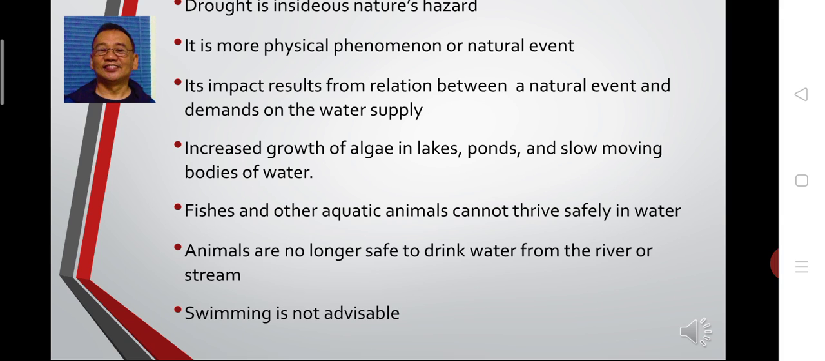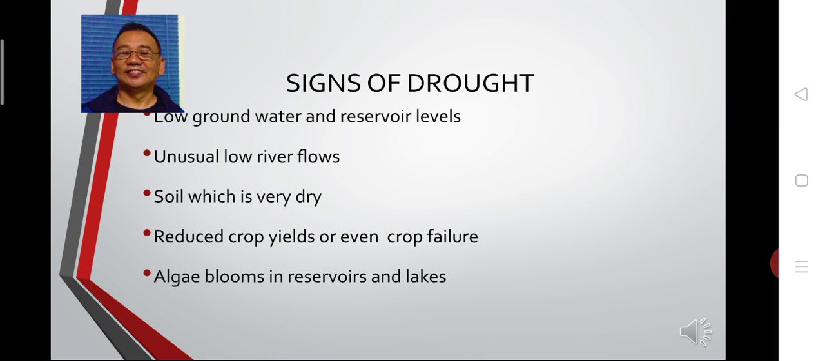So this would be the result of drought, low water supply. Pati mga fishes and aquatic animals ay naapektuhan. Animals are no longer safe to drink water from the river or stream kasi nagiging parang maputik na. Okay? And swimming is not advisable. Okay. So these are the signs, okay, of